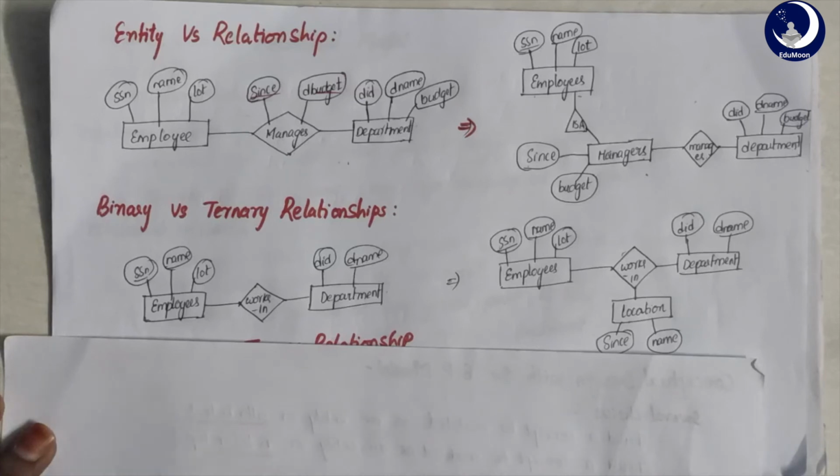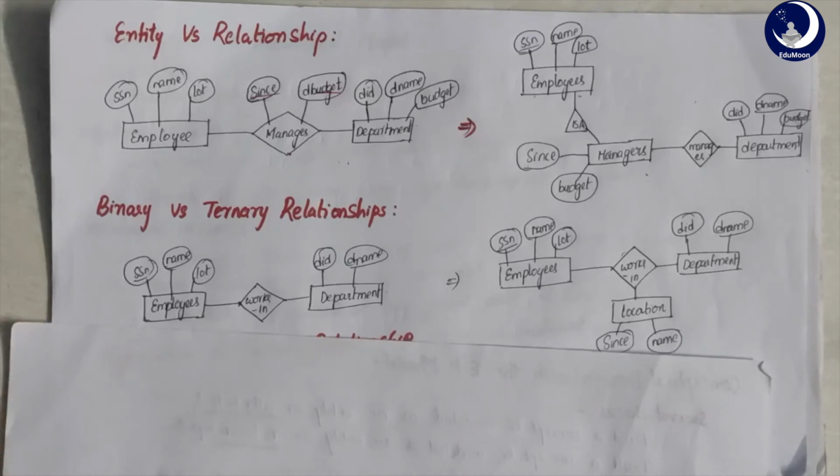And I have a requirement in my requirement analysis that a person can be transferred from one location to another location only after a certain period of time. So I should include the location of the employee, along with the since and name of that location. Only then will I be able to calculate the number of years of that employee in one location, and be able to transfer him to the next location. So I have two options for doing so.